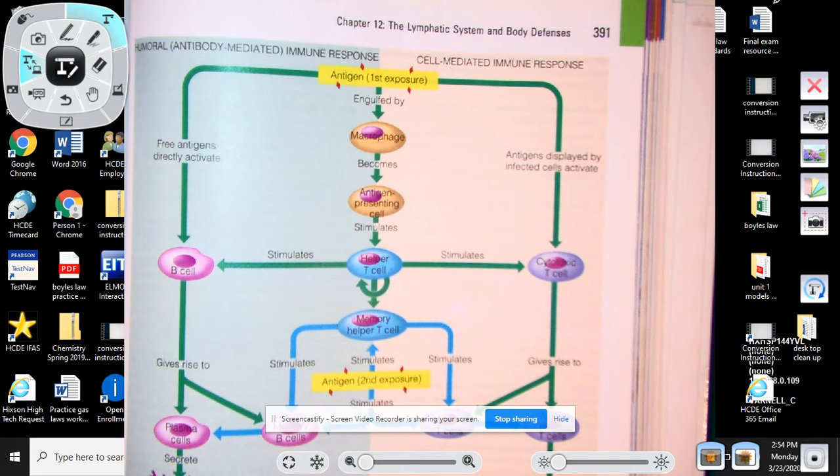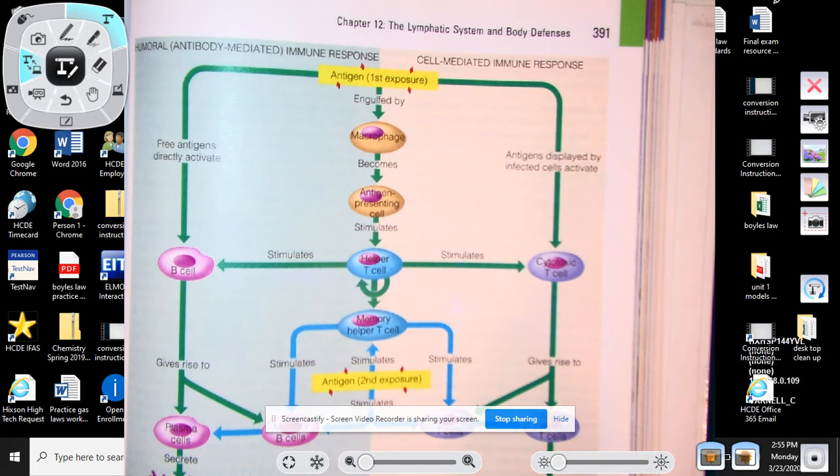So it's going to become an antigen-presenting cell, and it's going to go and tell the helper T cell. And the helper T cell has to decide, is this extracellular or is it intracellular? Extracellular basically means something from outside the body, like bacteria, just something that's outside the cells. Intracellular is more your viruses and tumors, or cells that have gone rogue, cells that have mutated. I also put viruses in there because, as we talked about in class, viruses can actually take over the DNA of your own cell,